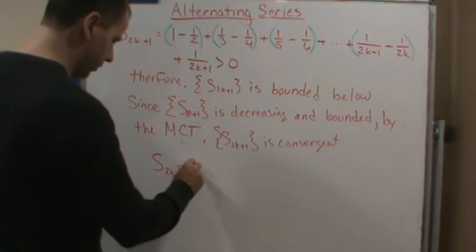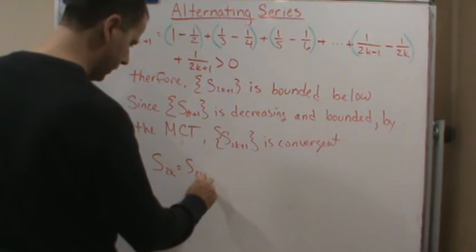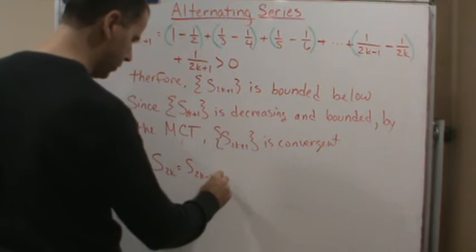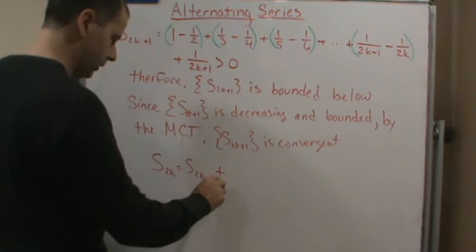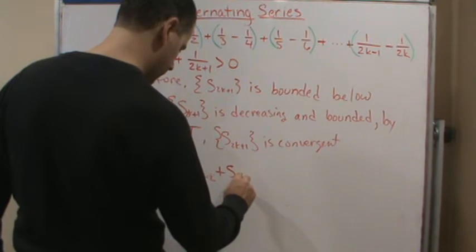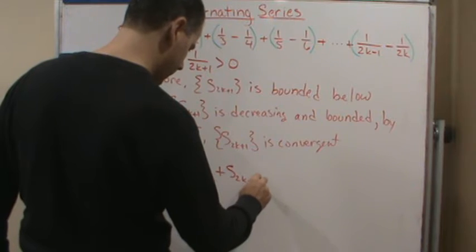So this is equal to s of 2k minus 2 plus